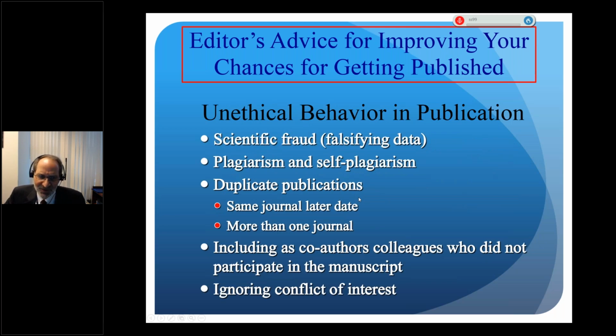There are many different types of unethical behavior, such as fraud, falsifying data, exaggerating data, selecting which data you want to include, and eliminating data that goes against your ability to publish the paper. Plagiarism, both natural plagiarism, where you're copying lines, sentences, paragraphs from somebody else, or even self-plagiarism. Believe it or not, if you copy your own stuff, that's plagiarism as well.